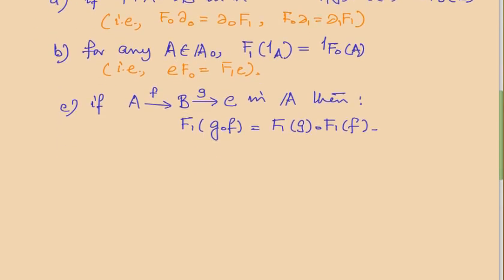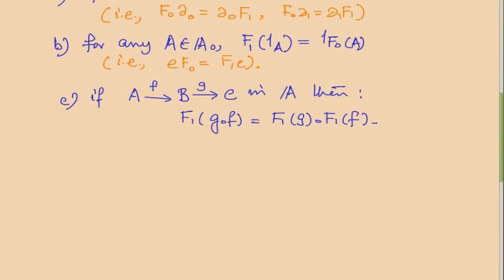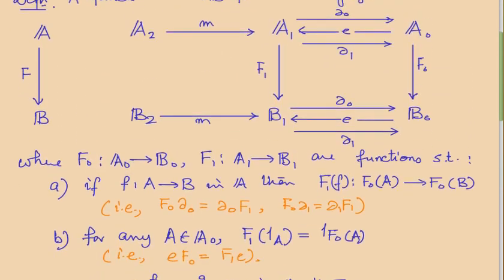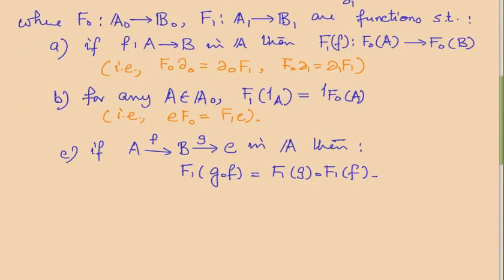There's something to be checked, but the first condition immediately says that if GF is composable, then F1G and F1F are composable. Okay. So just as a remark,